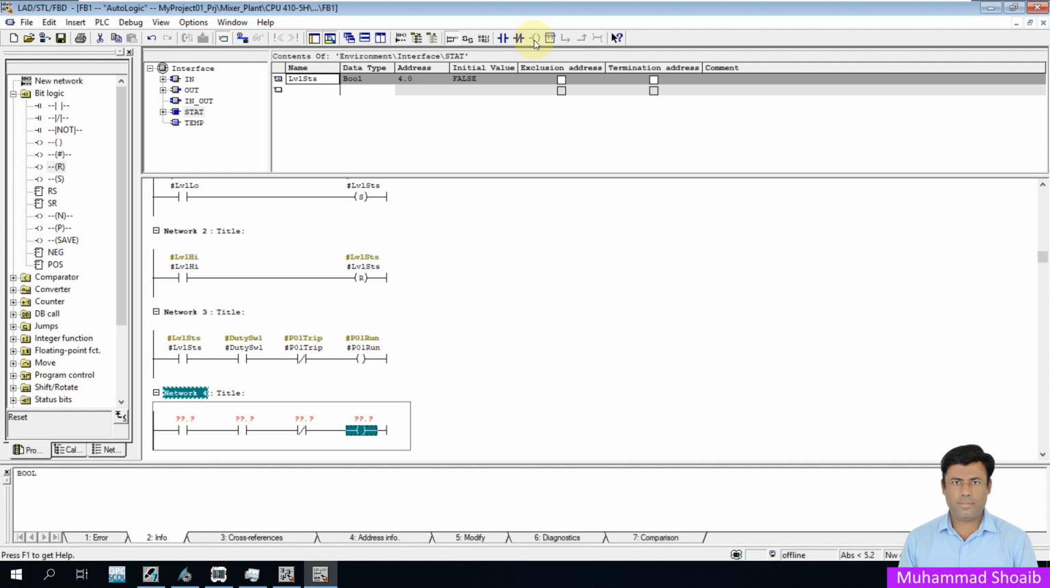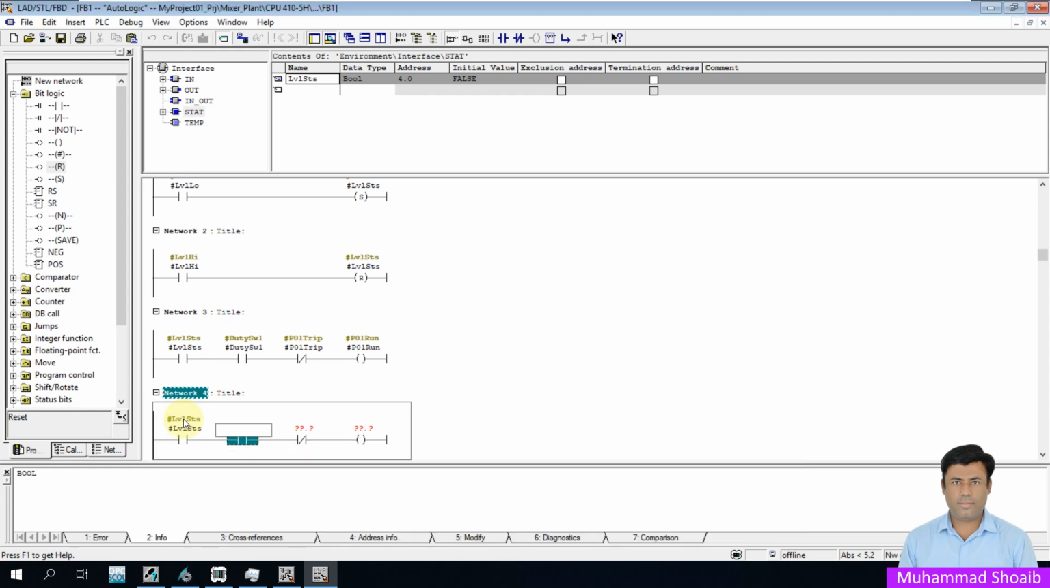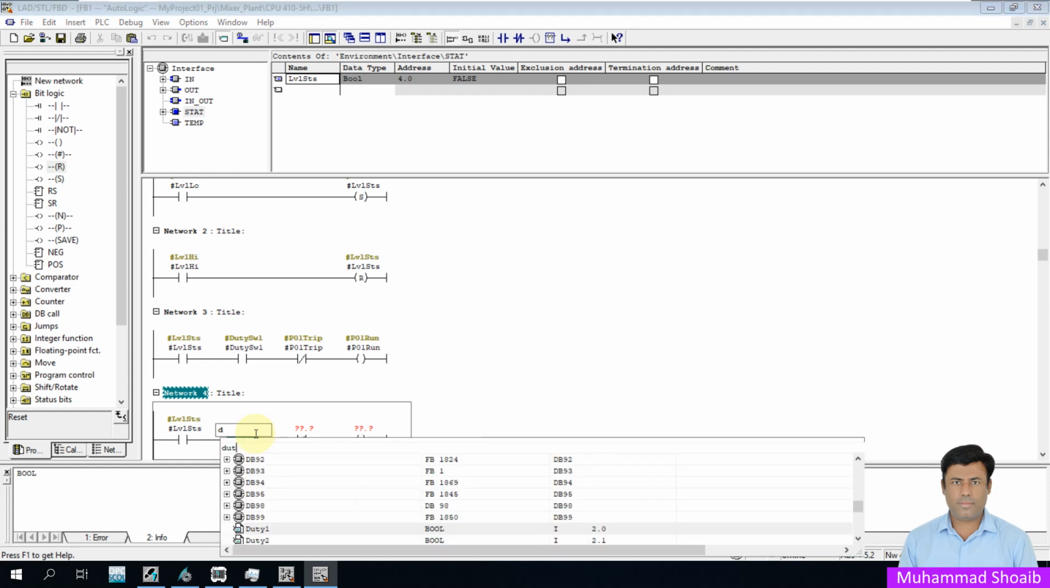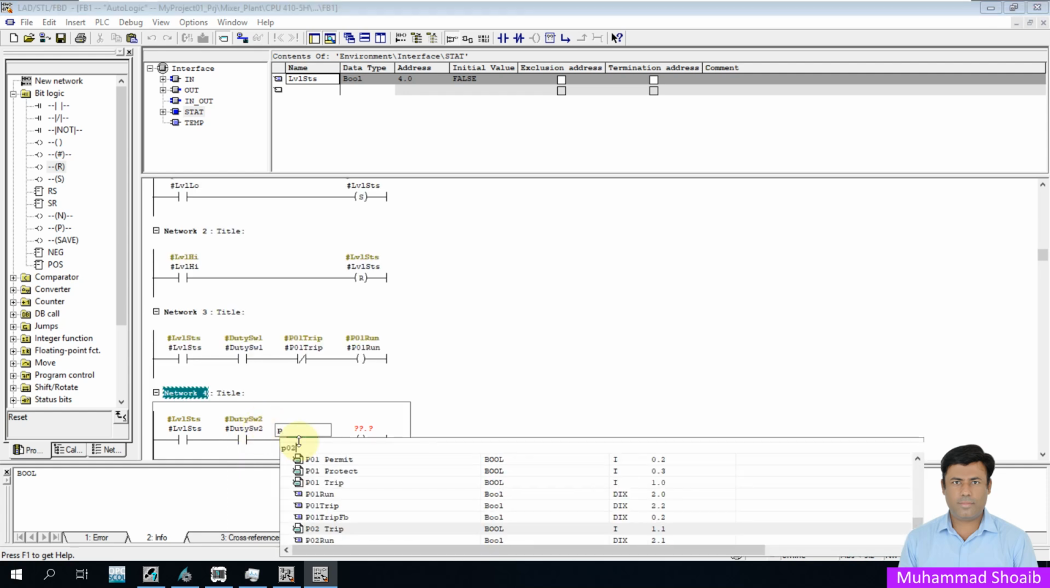See, and in the same manner, level status. If the level is low, that time the pump should run. Here I will select the duty 2 selector switch, and in a similar manner you will select the pump trip,